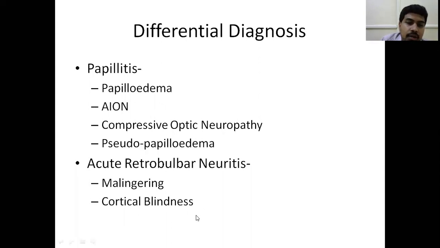So with any lesion in the occipital cortex, there is cortical blindness. That is, the impulses go up to the lateral geniculate body and optic radiations, but in the visual cortex they are not processed because of a hemorrhage or infarct in the occipital cortex, or due to some tumor or trauma or whatever disease it may be. So in cortical blindness, there is no descending optic atrophy, so the fundus also looks normal. In malingering also, the fundus looks normal.